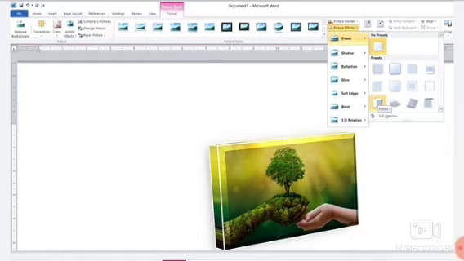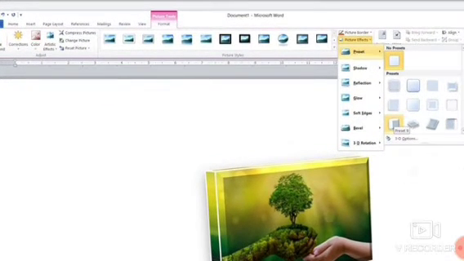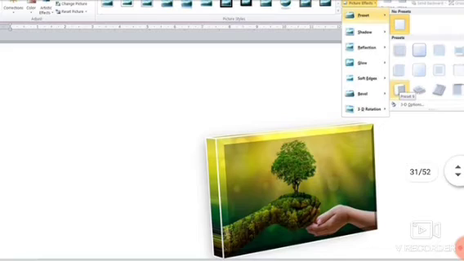And we can apply some different effects on our picture also. Sometimes we need to give shadow effects to it. Sometimes we need to show it in 3D effects. So we can apply different effects on the picture. For this, you just select the picture. After it, click on the picture effect option. As you click on this picture effect option, you will get the different formats here. As you go to the preset one, you can select the 3D effects for it, that will show the picture in this way. And you can choose other styles also. As you want to get it, you just click on it.